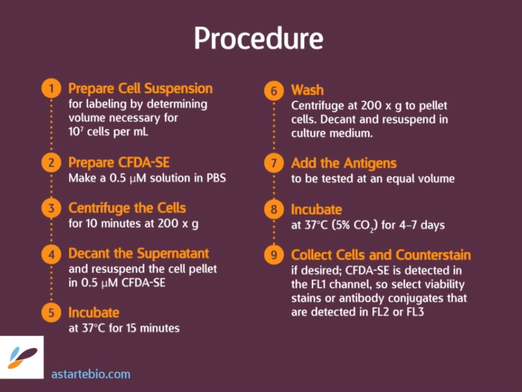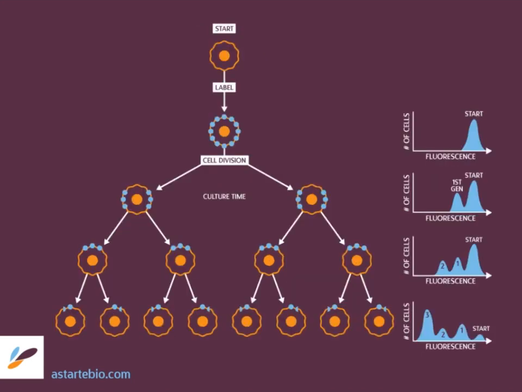The viability dyes I'd highly recommend. And then you can do some very elegant analyses, depending on how capable you are with flow cytometry and how many colors are available to you. So this is just a diagram showing the idea that you have an unlabeled cell that gets labeled